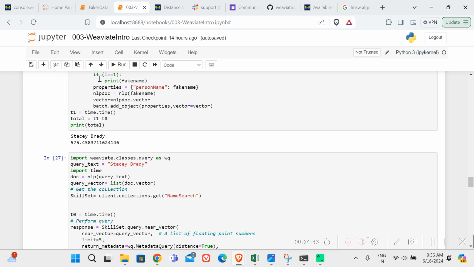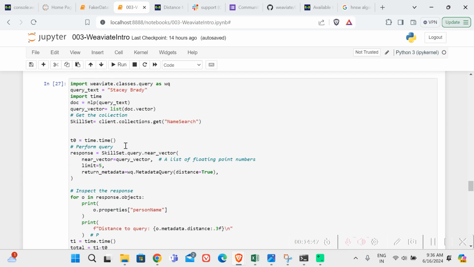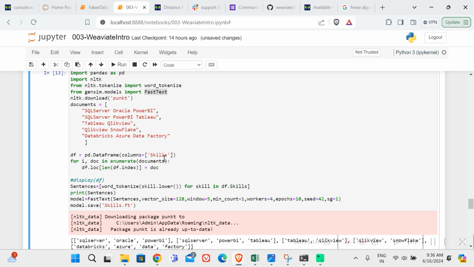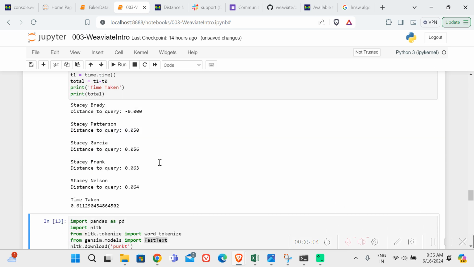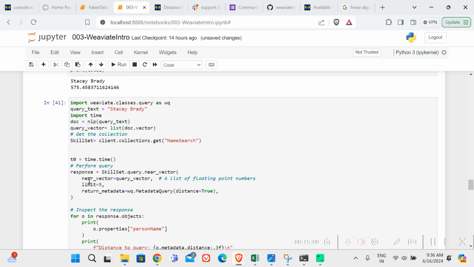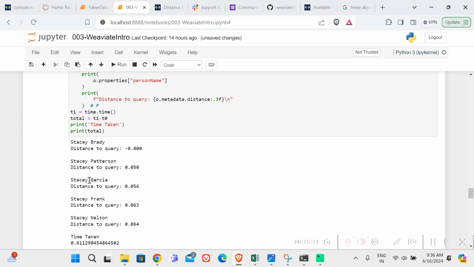I have just picked the first name so that right now we can use it for the purpose of searching. And I go to the search here. Okay, pretty much the same stuff using the near vector method, and we are also using the same NLP query method. So, static ready, we are able to find, within less than 0.6 seconds, all the values that match course one. Okay, so Weaviate works very well with the HNSW, we are able to search among a huge volume